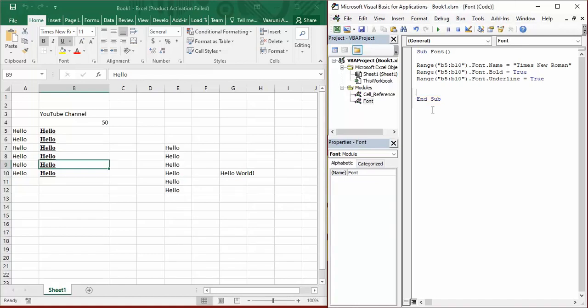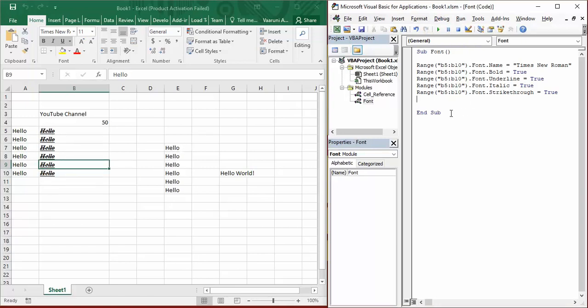Now if you want some other thing, there are other options also available, like italics. If you want to change it to italics, then also you can provide either true or false. So I'm going to provide true, and if you just press F8, you can see it's now changed to italics, and you can see in the home tab all these things are changing as well. Now again, there is another thing called strike through. If you want to do that, you can provide strike through as well. Set it to true, you run it, and see that this all is now strike through.